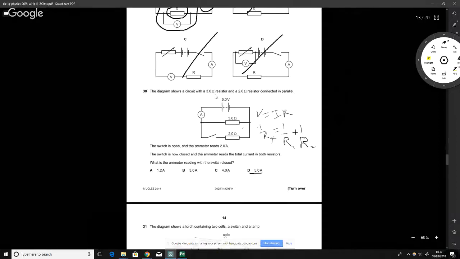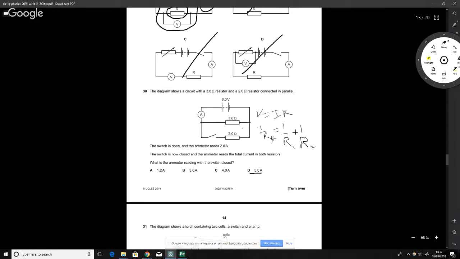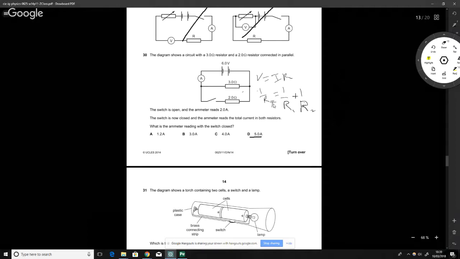All right, the diagram shows this sort of setup. They're asking what the ammeter would read if we close the circuit. We need to combine two things here. We need to calculate the resistance now in parallel. So 1 over R is equal to 1 over R1 plus 1 over R2, and you have to do some stuff with the fractions, but you'll work out the resistance being